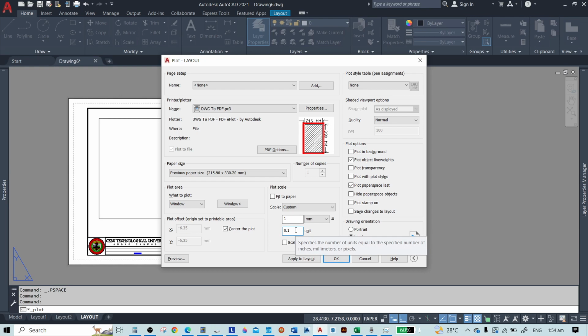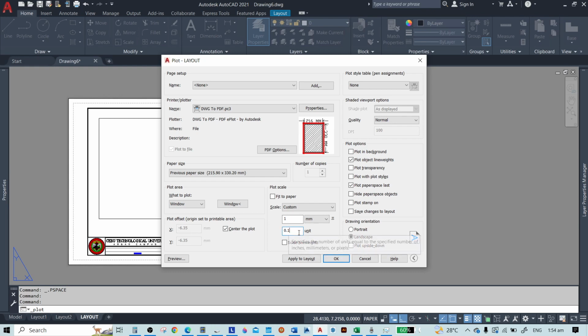Okay, so that means that 1 millimeter is to 0.1 unit. Okay, so 0.1 unit, meaning this is in millimeter.